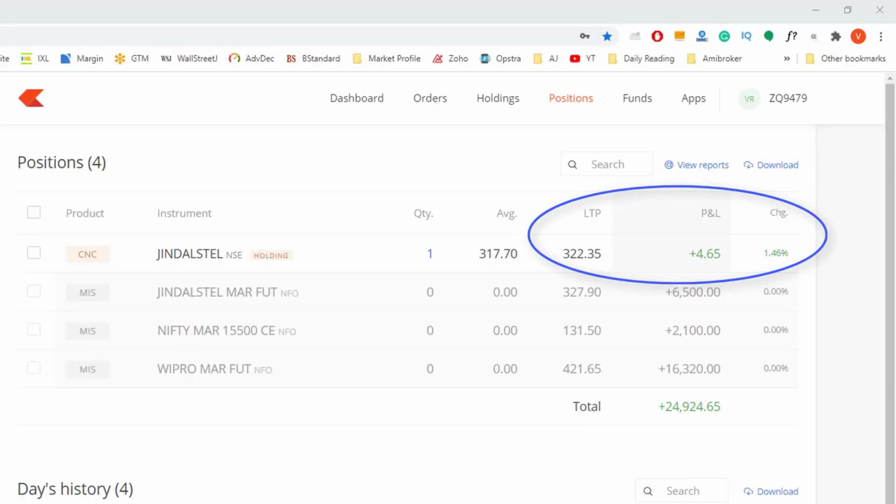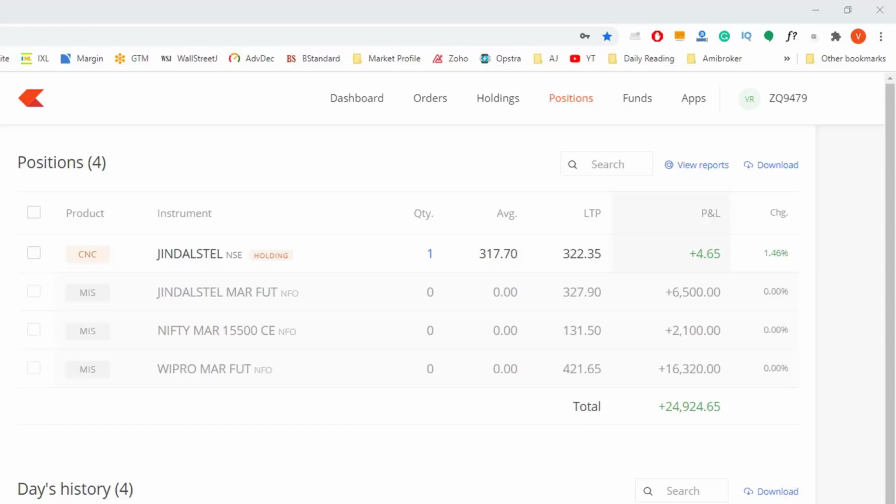There you go. Now you can see that the profit has gone down from 7.9 rupees to 4.65 rupees. And the latest traded price has also gone down to 322.3. So the potential profit of almost 8 rupees, this is with one share, by the way. Had I, let's say, bought 10,000 shares of Jindal Steel and Power, I was sitting on a profit of, let's say, 80,000 rupees. So from 80,000 rupees of profit, in this particular case, my profit would have gone down to 46,500.